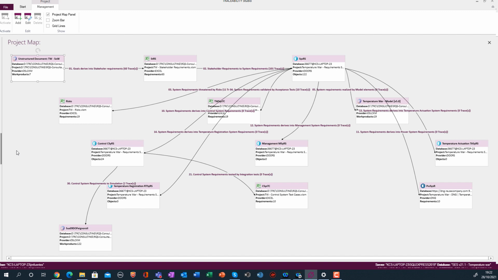Those documents could be of different nature, and those documents are connected through traceability modules. What you see here on this screen are boxes representing documents and arrows representing the modules, meaning that we can have a connection between goals in a statement of work, like in here, connected to stakeholder requirements